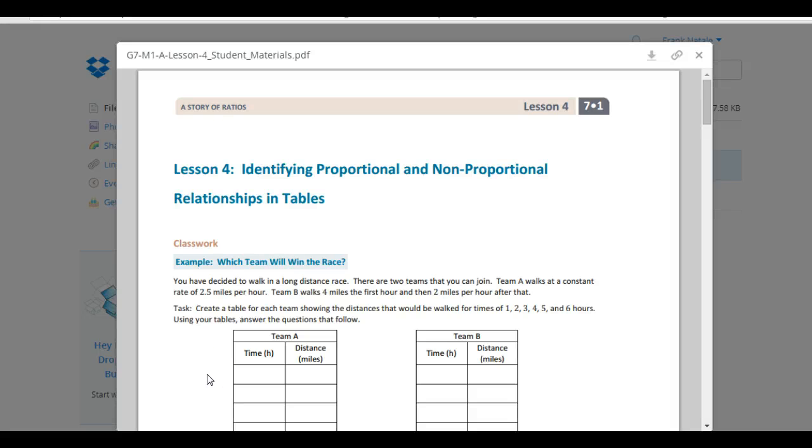Welcome to Module 1, Topic A, Lesson 4, continuing in our ratios and proportional relationships study. This Lesson 4 follows Lesson 3 in trying to identify proportional and non-proportional relationships in tables. I'm going to read through this problem with you and then have you pause this recording and complete the table yourself, and you'll see that there